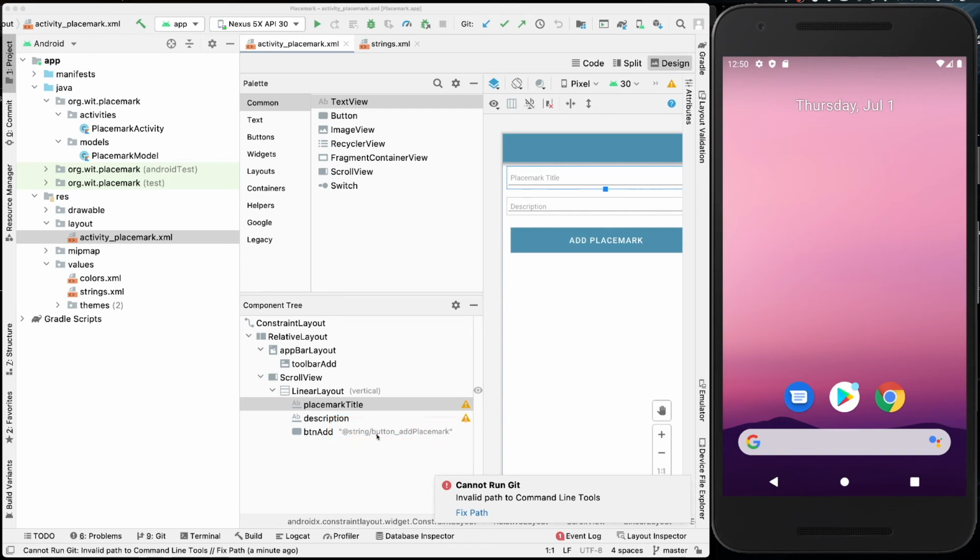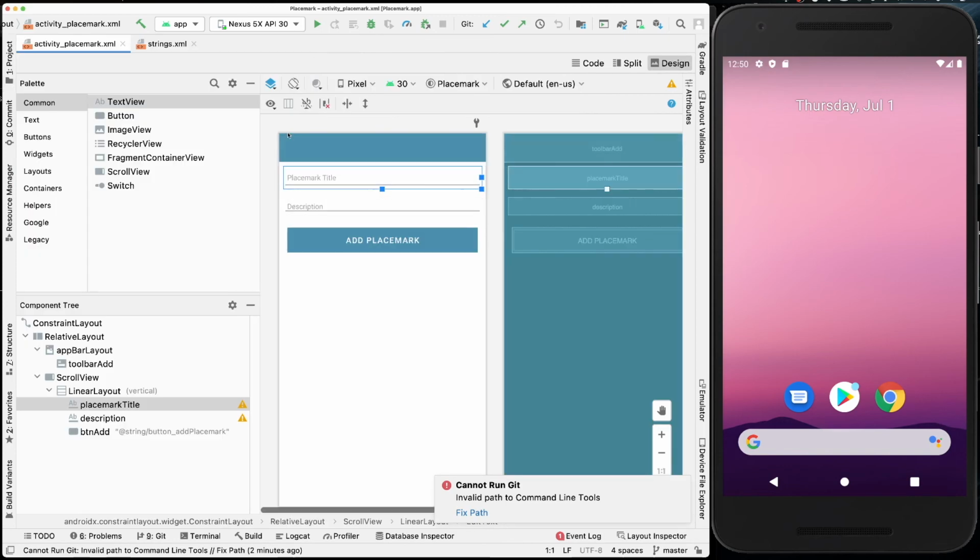So that there is actually referencing the add placemark. The component tree is quite a useful window to keep track of, so that you can see where and how your widgets are laid out, and the names, and as you roll over, the types. So if I roll over my button, it comes up as a button. Again, let's go back to where we'll expand our layout